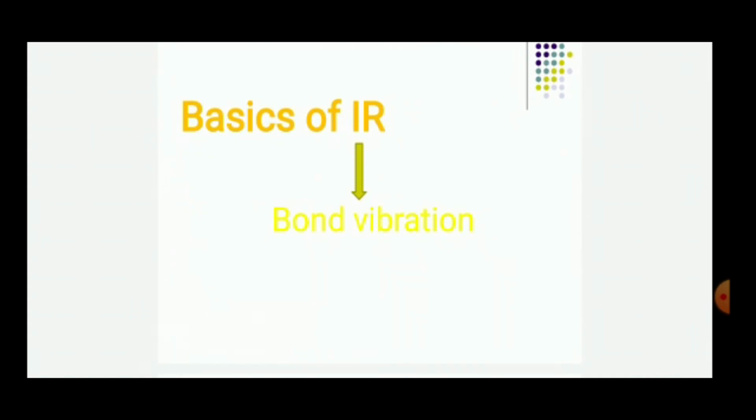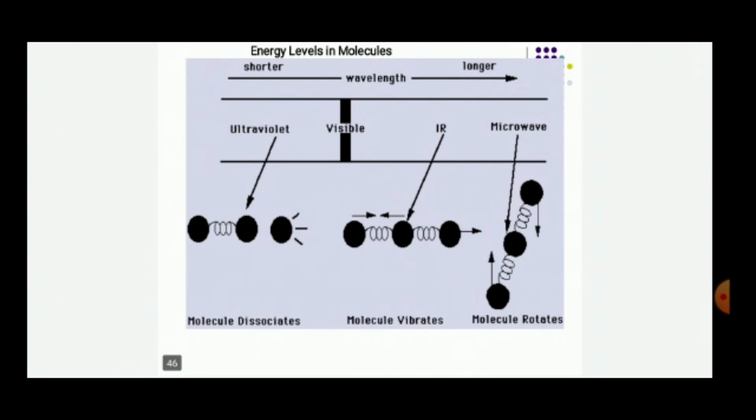We have not discussed the principle yet. The basic reason why IR is used for structural elucidation is the bond vibration patterns. The bonds of your compounds have different types of vibrations, and depending on those vibrations they can absorb light. We use this principle for structural elucidation. Depending on which types of bonds and functional groups are present in your compound, it will absorb IR light in different ranges.